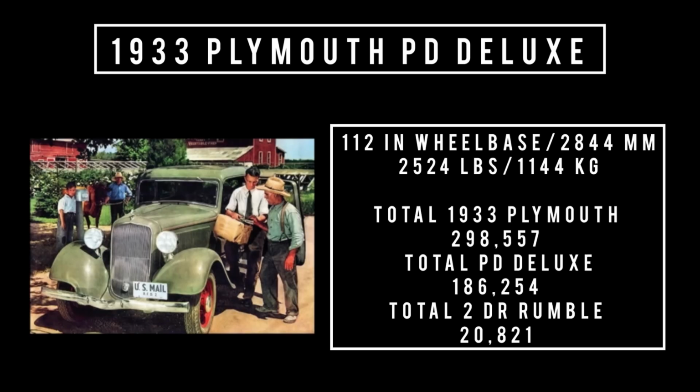112 inches is the wheelbase that it rides on. It weighs 2,524 pounds. Price, $545, which is equivalent to you spending $12,653.89 a year 2023. There isn't anything on sale for that price. The cheapest car that one could buy in America at the moment of recording this episode is the Nissan Versa at